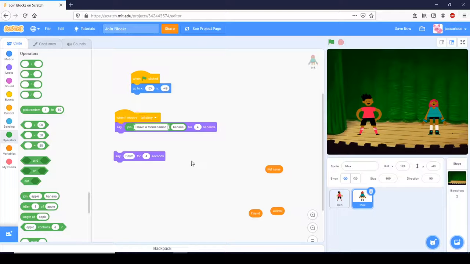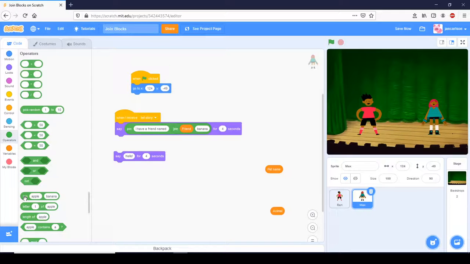I have a friend named blank who owns 10 pet blank. So I actually need another join block. I'm going to pull my join block up here, and then I'm going to put I have a friend named, and I'm going to put friend. That's the variable that answered the question. I have a friend named blank,